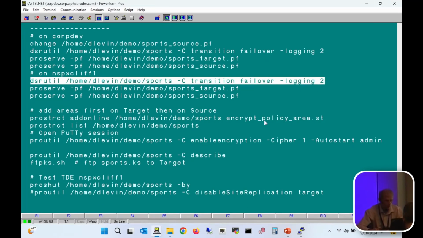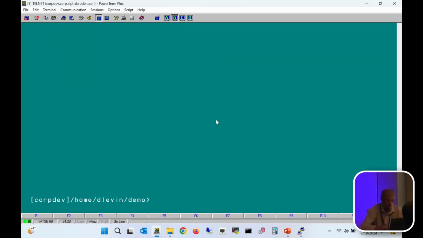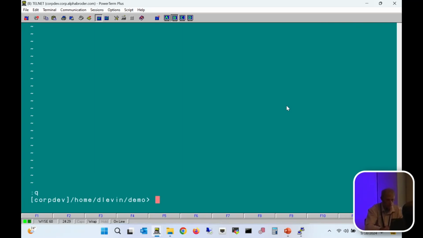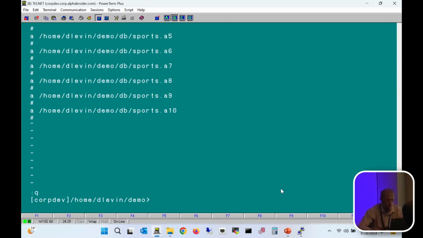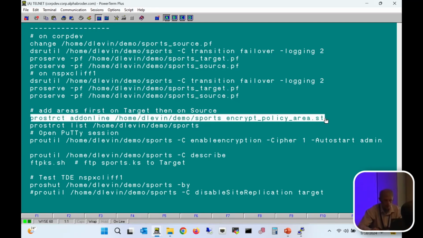That's true. Okay, now I will use prostruct add online. I have an encryption file here where I can show you. So I created a structure file which I will add to my sports database. I should type better. So this is my sports database. Obviously, it doesn't have any encryption. So I will add online